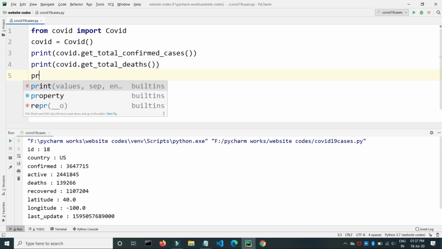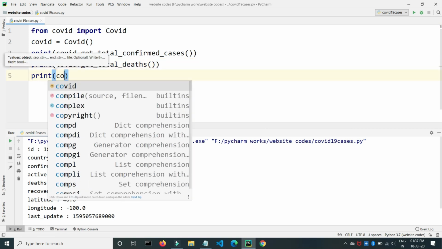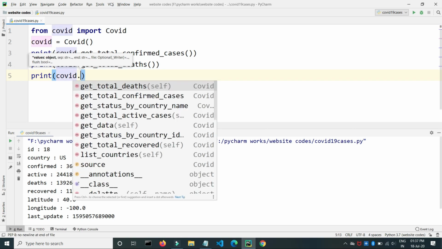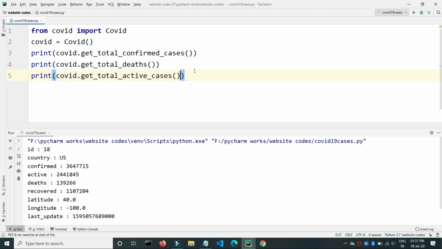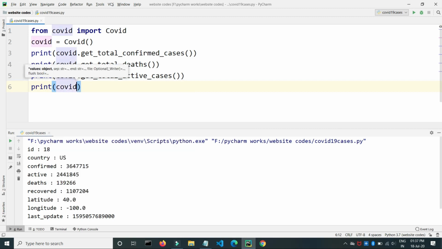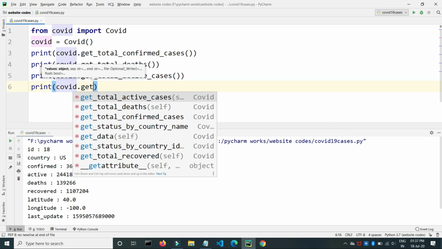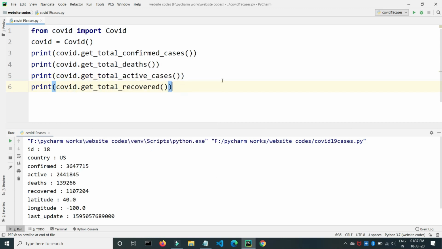So now let's type covid dot, now let's see the current active cases, and let's also see the recovered cases. Okay, let's type get total recovered. Let's print the data.